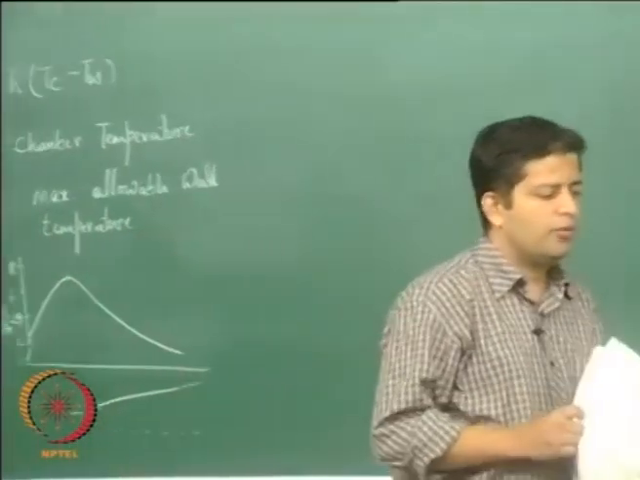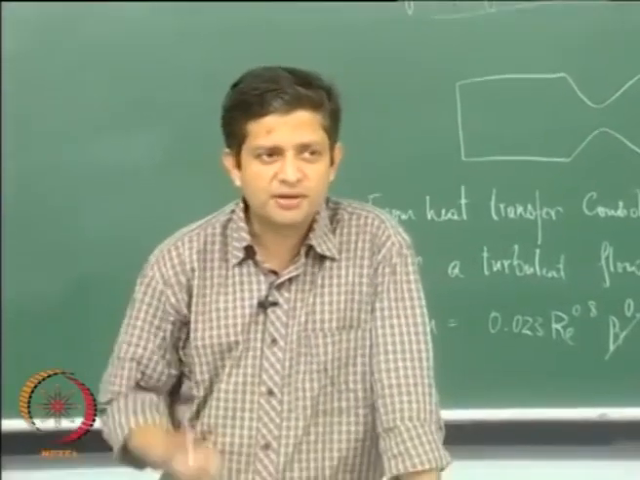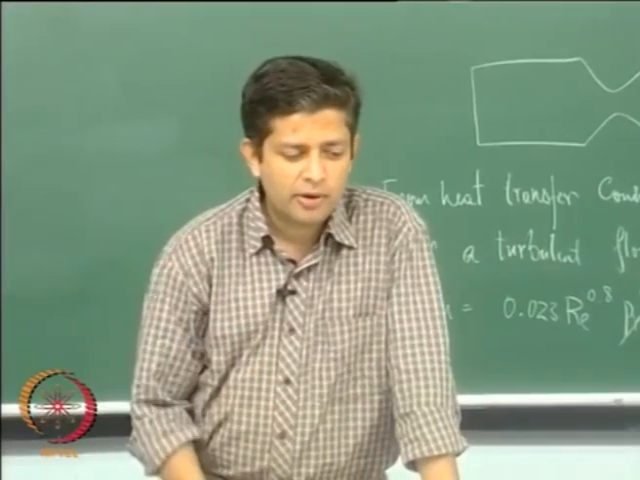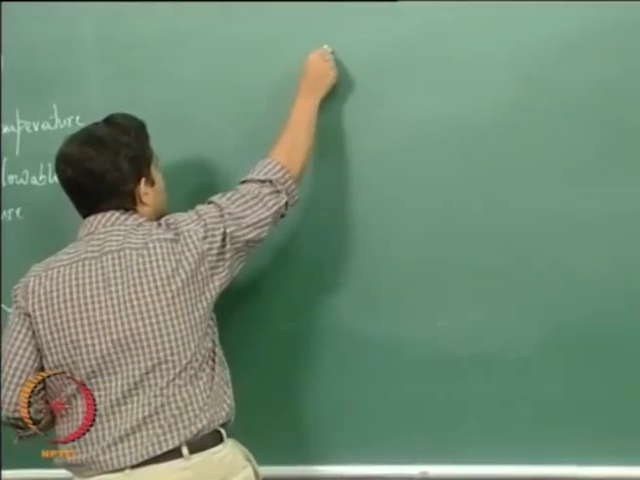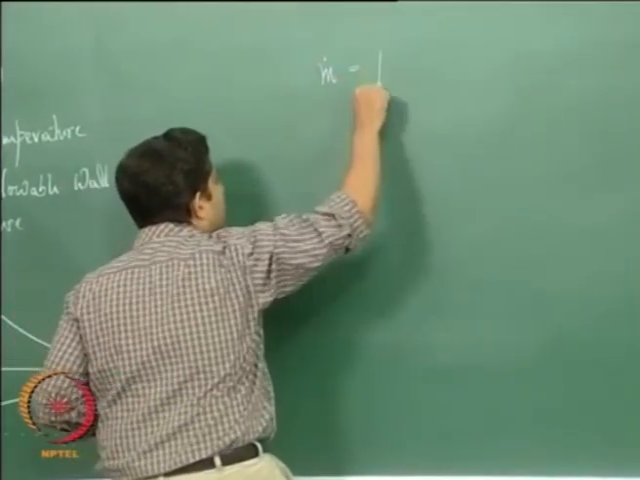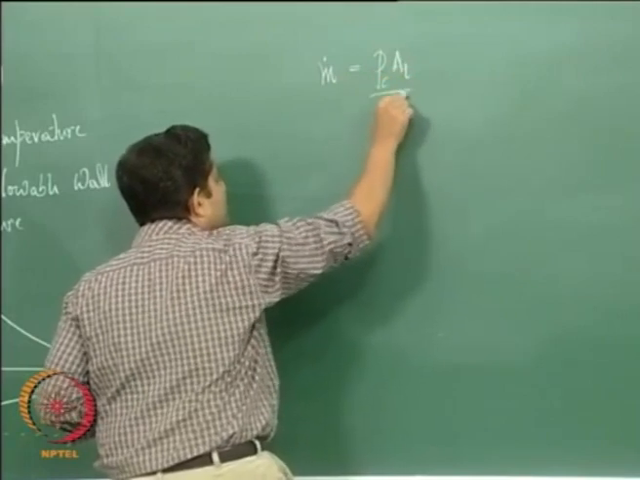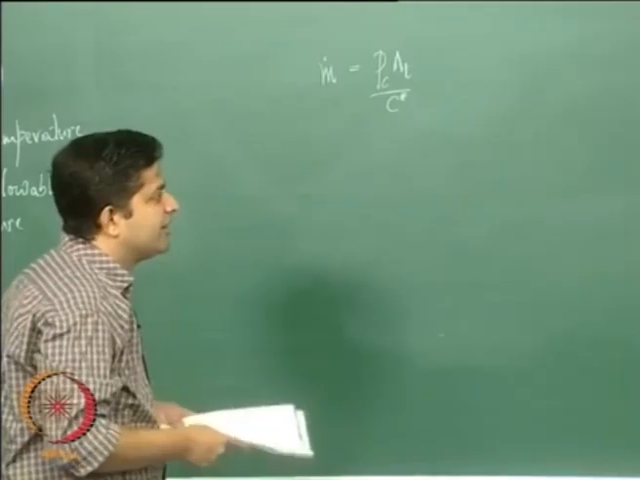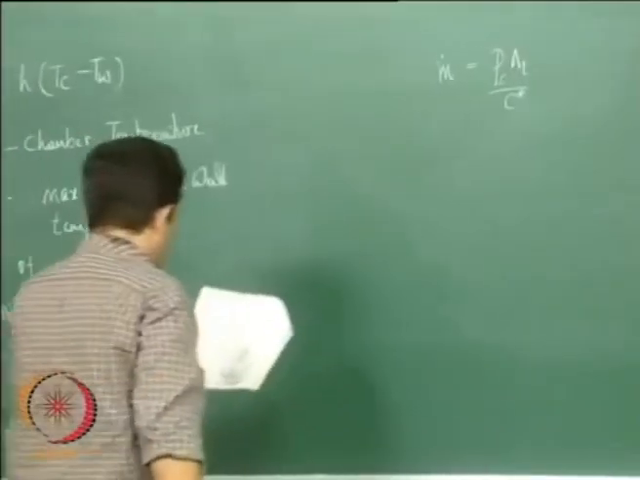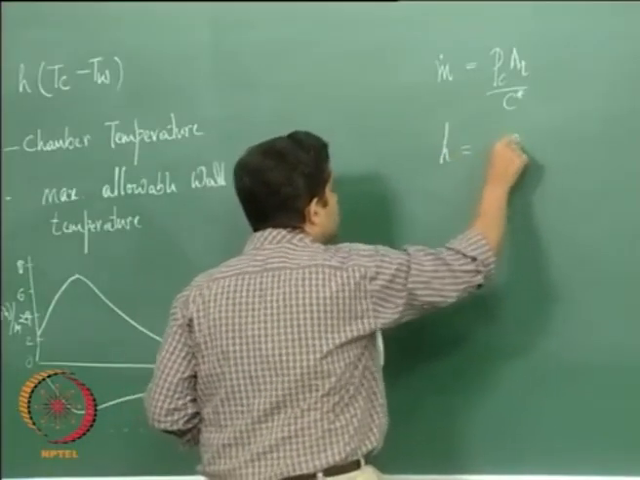Now, we can also recast this equation in terms of pressure by using the following: we know that for a choked flow the mass flow rate through the nozzle is given by P_c A_t by C star. So, using this we can recast this and write it in terms of pressure as h is equal to